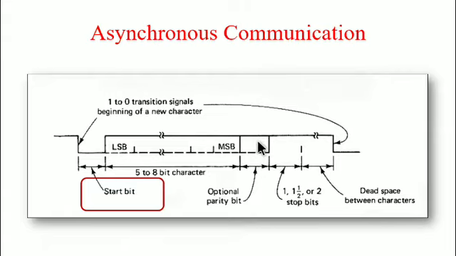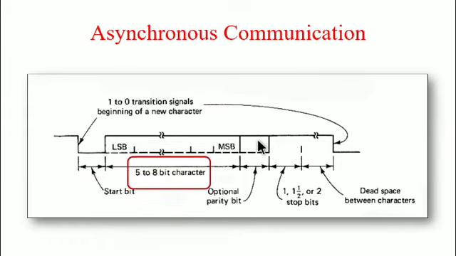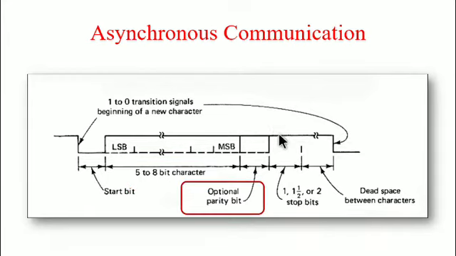The asynchronous communication automatically adds the start bit, followed by the data bits, and the programmed number of stop bits to each character. It also adds the parity information bit prior to the stop bit, as defined by the mode instruction.